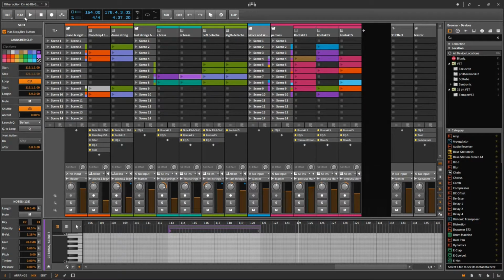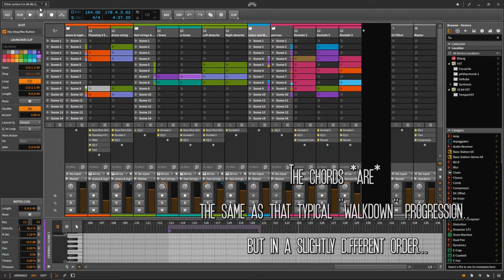So I've developed a very basic chord progression for those who are musically inclined. It's a C minor, A flat, B flat, G, I think it's a G minor.